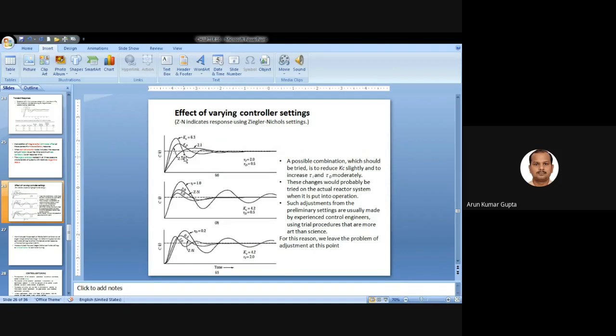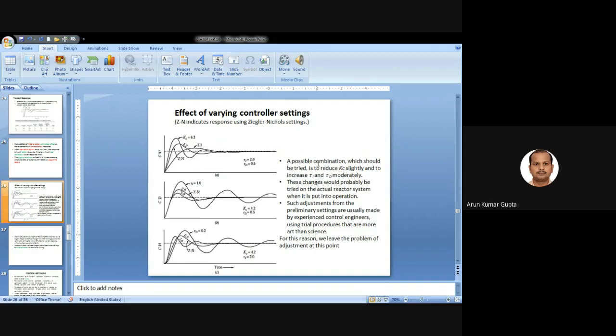You can see that the Ziegler-Nichols setting gives a Kc value of 4.2, which is quite a good approximation. Even though this may be found by some other technique, if you want to select which data you will operate with, you will definitely choose the middle one, and that is what we get by the Ziegler-Nichols setting.